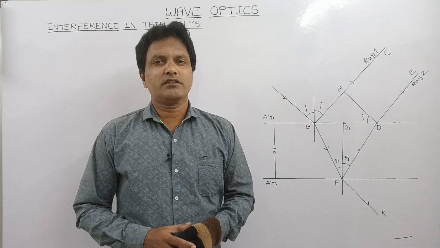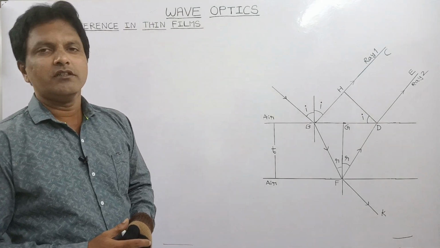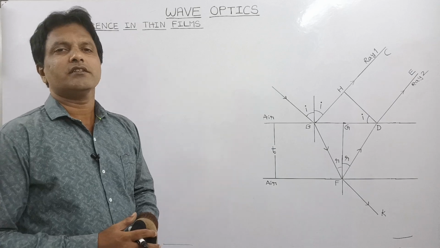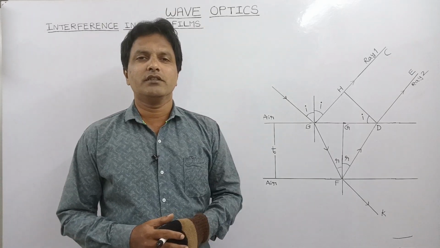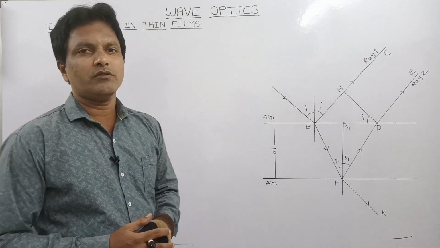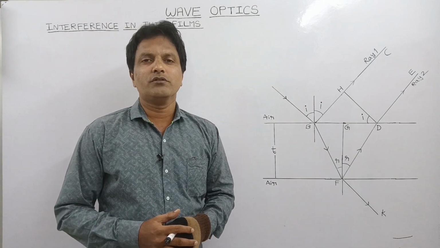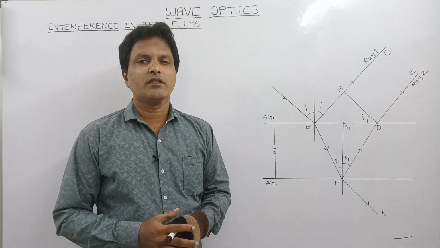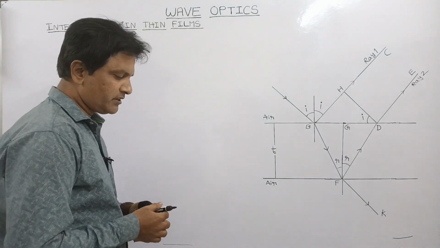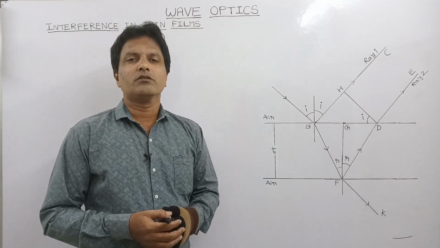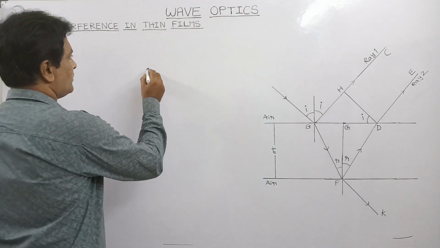Today we are going to discuss interference in thin films. This topic is a unit of wave optics. Before going to the interference pattern in thin films, we should know what a thin film is. It is an optical medium whose thickness is very small, almost equivalent to one wavelength